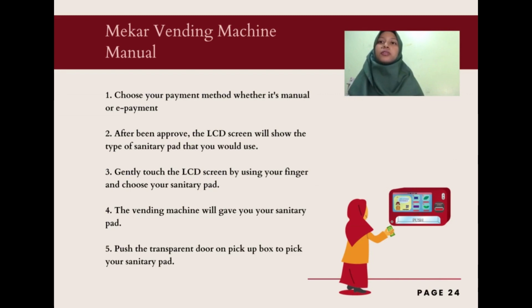They have a lot of types, mostly branded sanitary pads, like Kotex, L'Oreal, and so on. After that, gently touch the LCD screen using your finger to choose your sanitary pad. The LCD screen is a touch screen, and the vending machine will give you the sanitary pad,